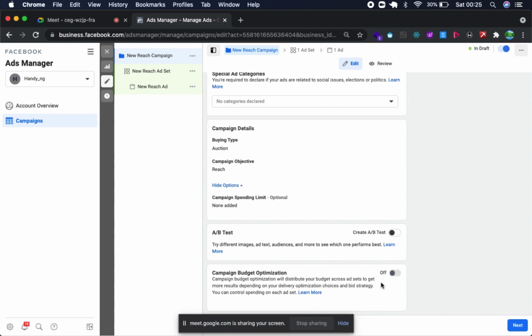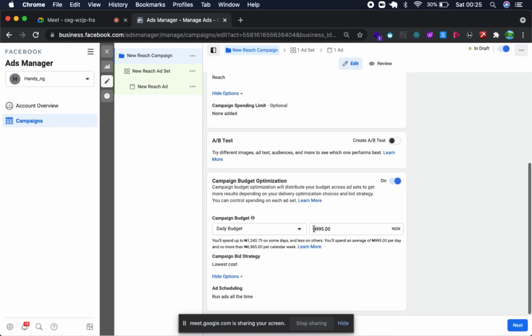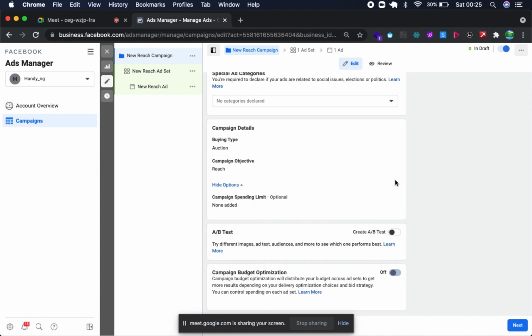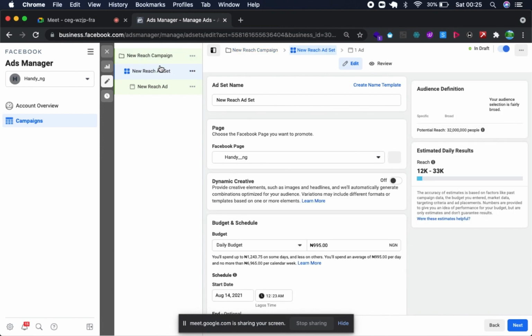Budget optimization too, I leave it for ad set level. Budget optimization is where you are putting a budget, a bid cap, ad scheduling, and all those things. So I normally just leave it for ad set level. Basically, I don't normally do a lot here. I prefer to have more control on my ad set level than from the campaign level. The ad set level for me is more or less like breaking down my campaign into segments. If I want to target 5 different audiences, I can create 5 different ad sets for them, and I can control how much I want to spend per ad set in a day.